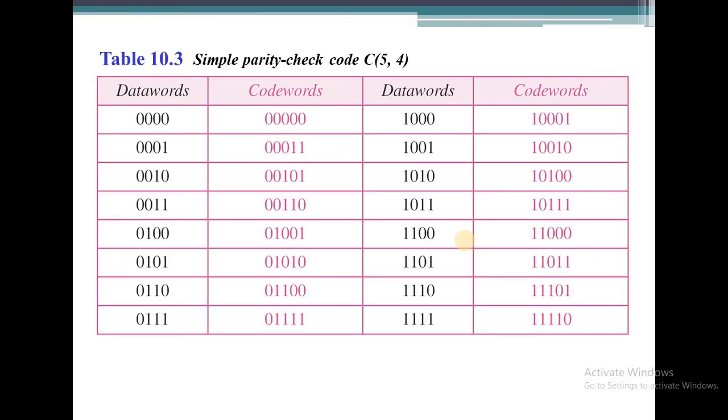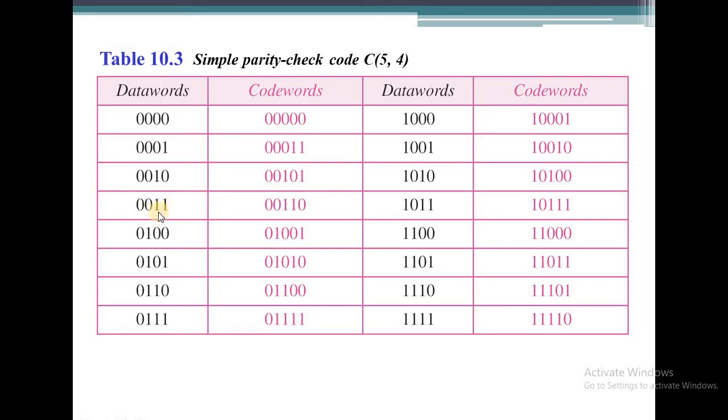You can see in this table, here you have 4 zeros as the data word. The number of ones in this is 0, which means it has all zeros, and so the parity bit is 0. If it has a single 1 within that, then you are going to add the redundant bit as 1. It is called the parity bit. If you have an even number of ones, then it gives 0. If it has an odd number of ones, then it is represented as 1. Again, it has an odd number of ones here, so again the parity bit is 1.